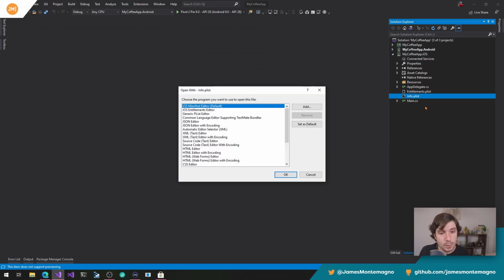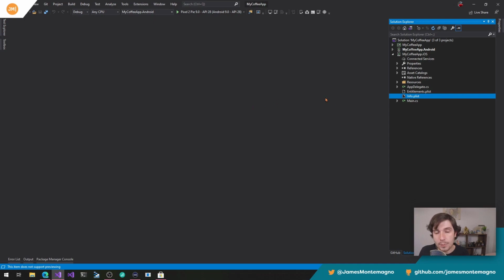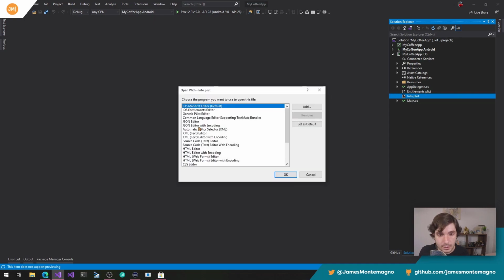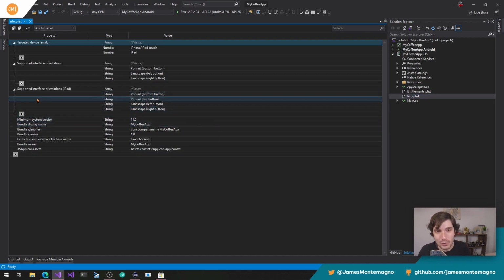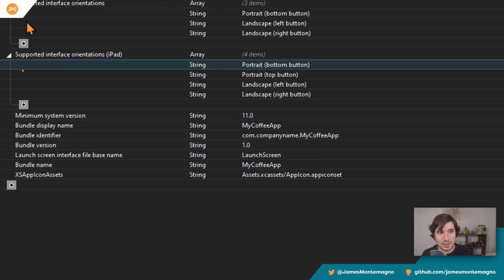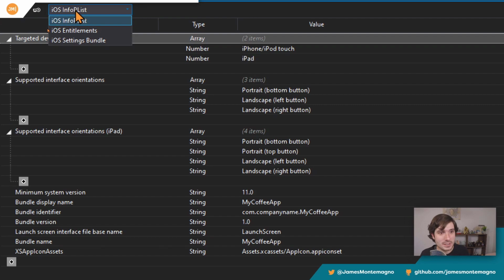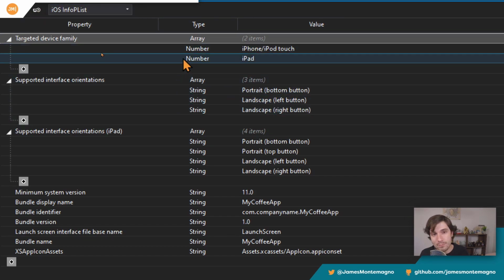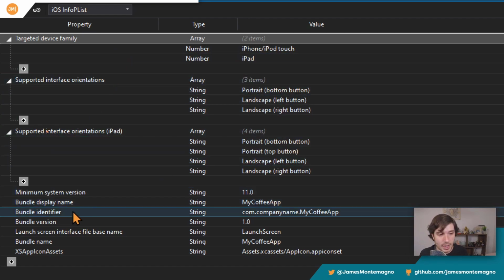You can also say open with and say iOS entitlements editor, and that will open up the entitlements editor. Let me see that again. Generic plist editor. That's what it is. And this will give you sort of a different drop down. There's kind of like 3 different views for this. But you can see here there's settings and bundles and keys, and you can see a different visual tree. This is similar to Xcode here.